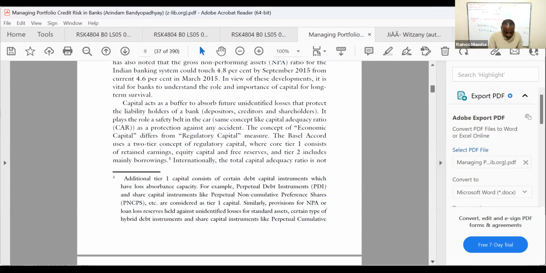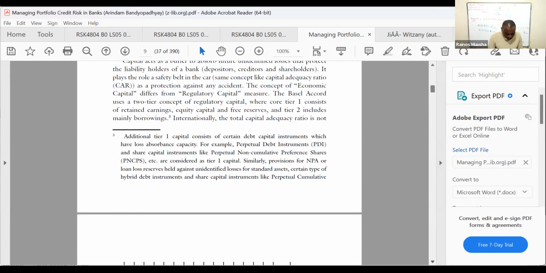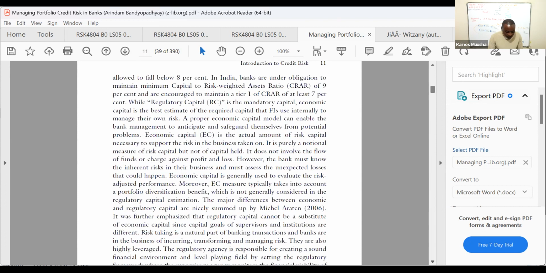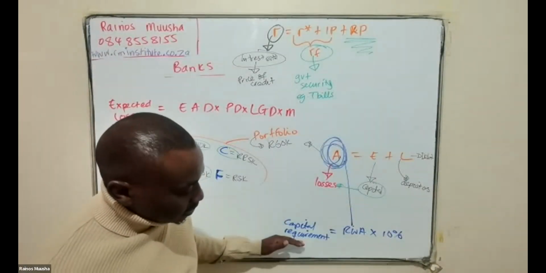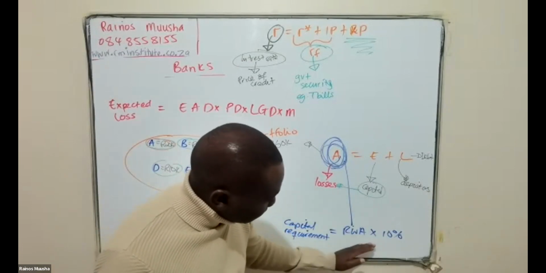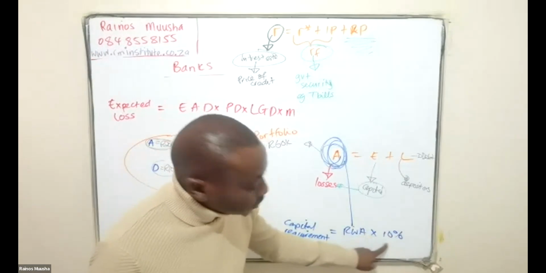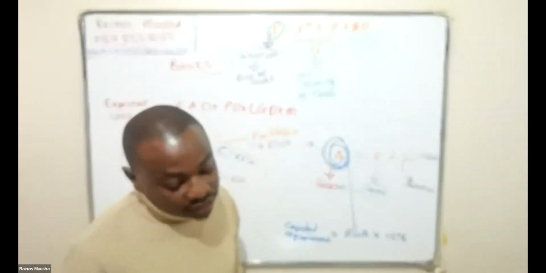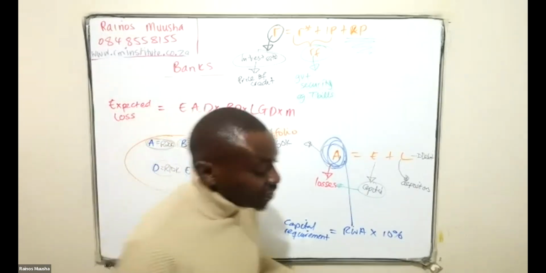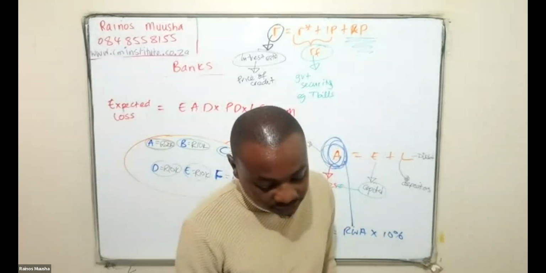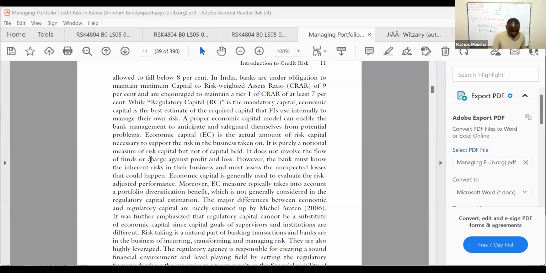So internationally, the total capital adequacy ratio is not allowed to fall below 8%. But from the South African perspective, we use 10% as well. So that's why you see that when I looked at the calculation of the capital requirement, I said it equals the value of your risk-weighted assets multiplied by 10%, because in South Africa we use 10%. We don't fall back to 8%. Although internationally, they're basically saying that it should not fall below 8%, in South Africa we use 10%. That's why I use 10% in the calculation of the capital requirement there. So here they say,